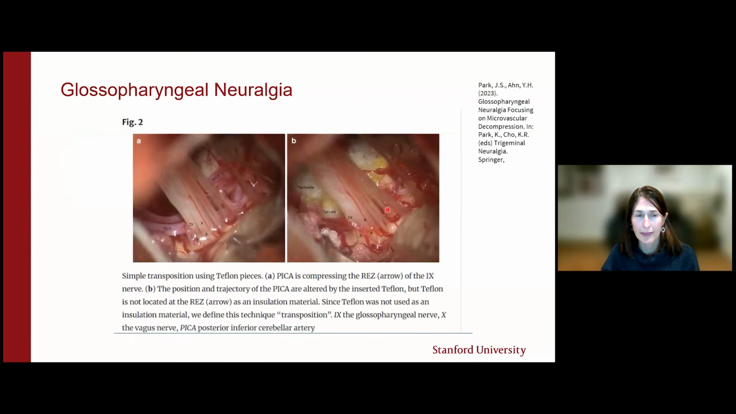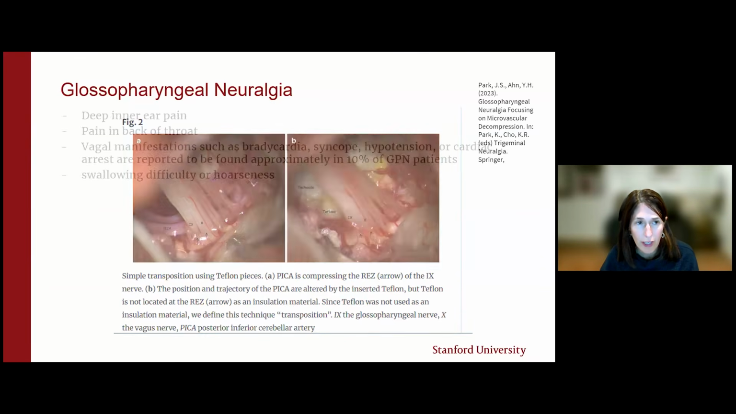So applying that strategy to the glossopharyngeal nerve, this is a picture from a non-Stanford group of putting a Teflon pad, or several different pads, in between the nerves, which are where the arrows are here, the vagus and the glossopharyngeal, which is 9 and 10, and then the PICA, which is the blood vessel that is compressing them. So basically you're separating the area. And we also do that for a condition called hemifacial spasm, which is caused by a compression of the